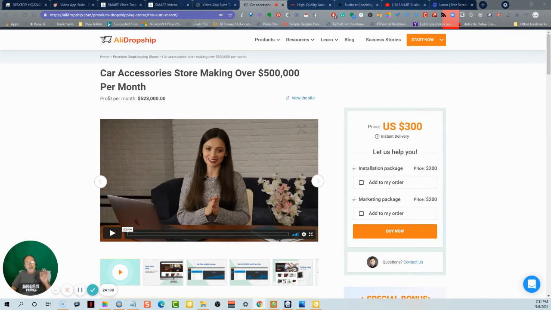So in any case, AliDropship will help you because they have a plugin that will set up your store automatically for you, and you can buy the plugins to do it yourself with WooCommerce. You can buy the plugins that go with their theme, and they have several different options, and a lot of them are really nice, and it all works seamlessly. Both of those are the same price.